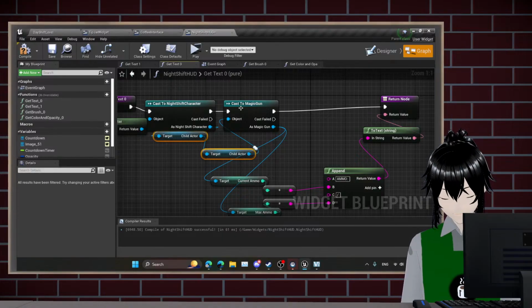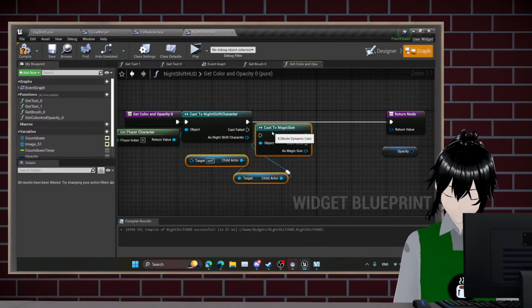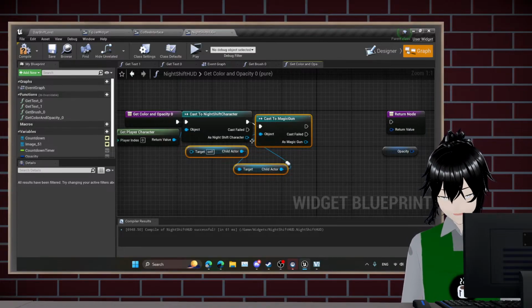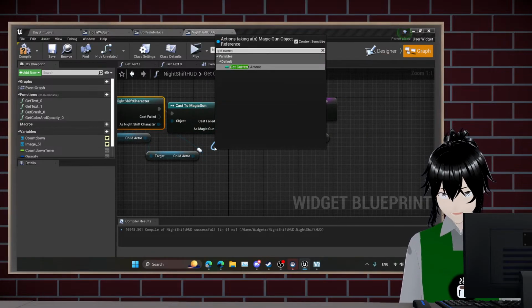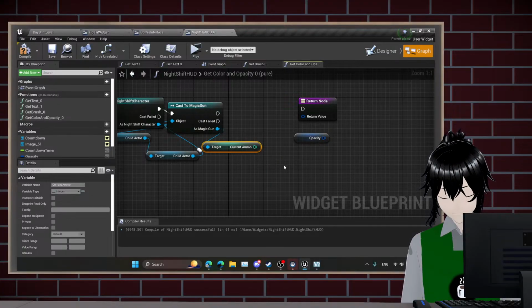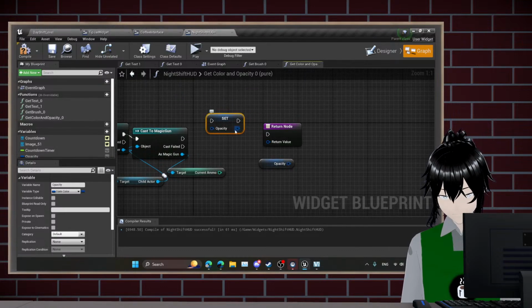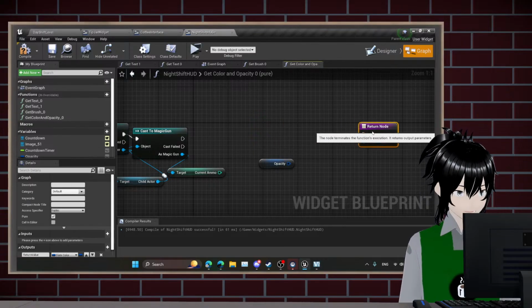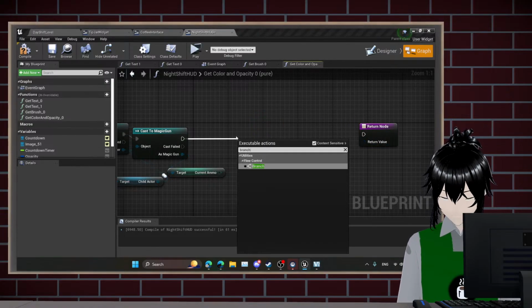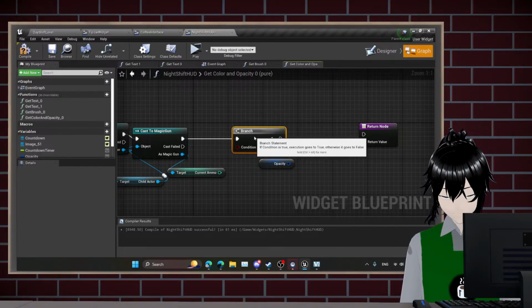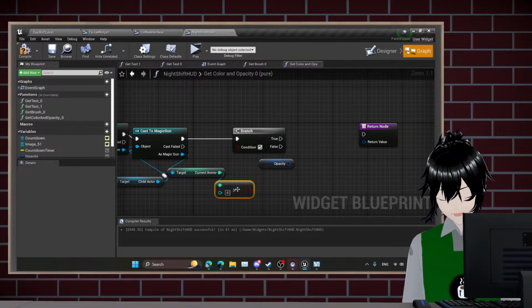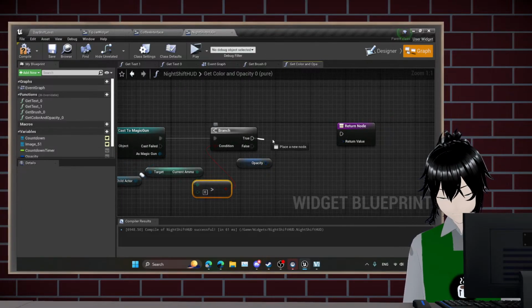Okay, so we need all these here. So, night shift character, cast to the magic gun, which is a child actor within the night shift character. Get current ammo. Set. Okay, that's not gonna let me do that. Branch this out a little bit. Get a branch. Is current ammo greater than 0? If true,